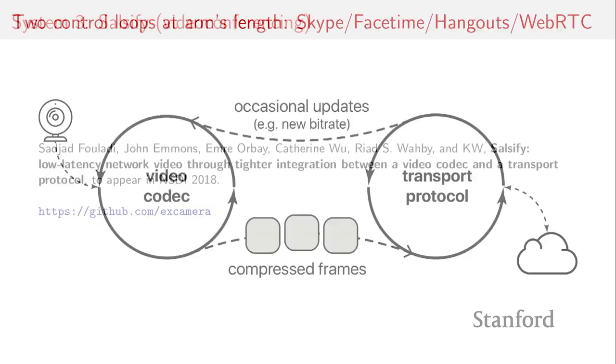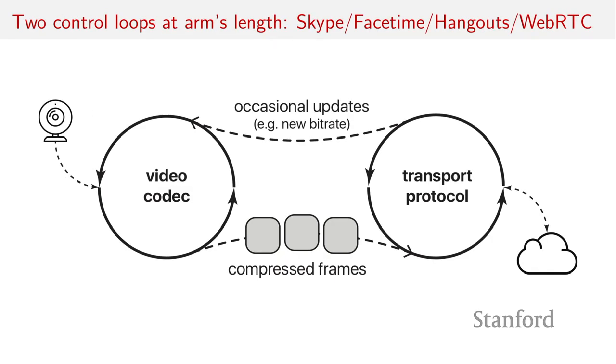So this is going to appear in this year's NSDI. And the observation here is that if you try video conferencing, Skype or FaceTime or Hangouts or Chrome WebRTC, over any sort of network where there's uncertainty or variability,